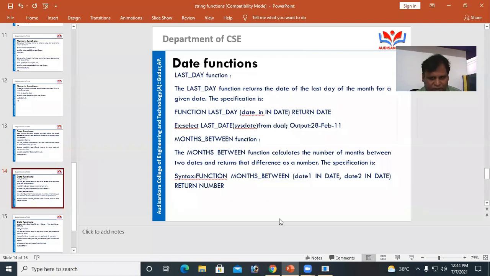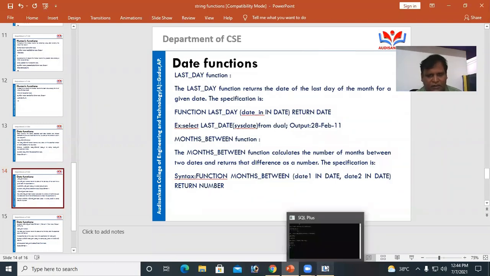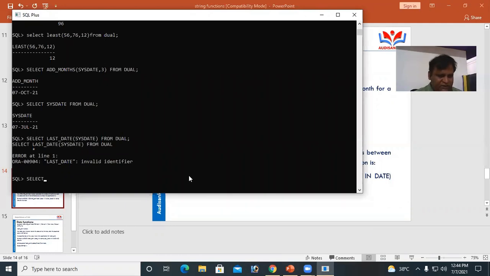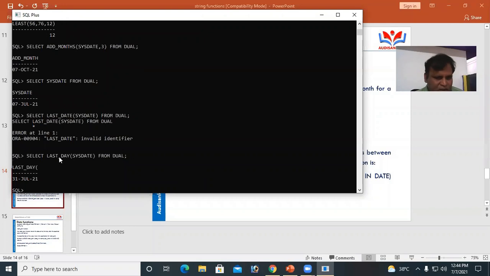SELECT LAST_DAY of SYSDATE from DUAL. This month's last day is 31 July 2021.